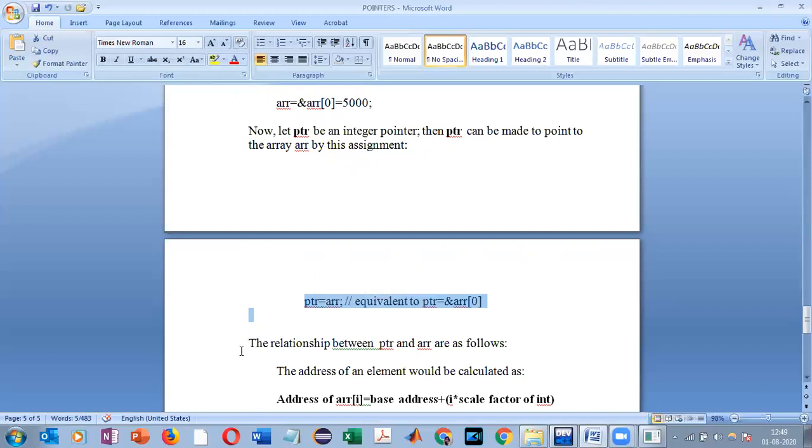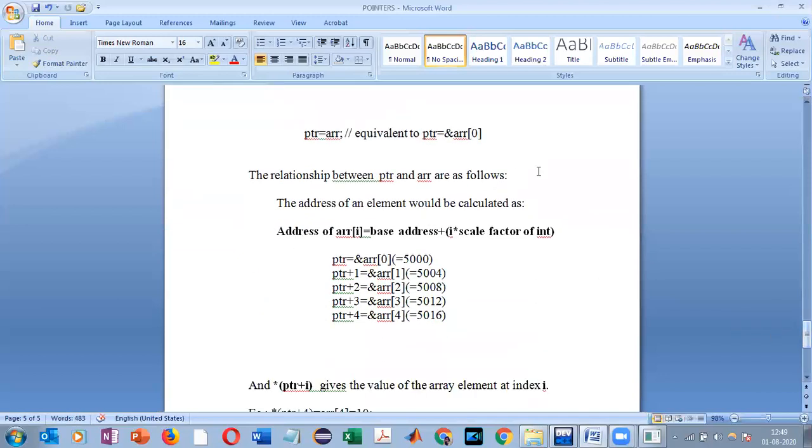One important point is the relationship between PTR and ARR, that is this particular array, as follows. PTR is going to contain the base address of the array. PTR plus 1: if I have the base address as 5000, PTR plus 1 is going to point to the address where the next element of that particular array is stored.